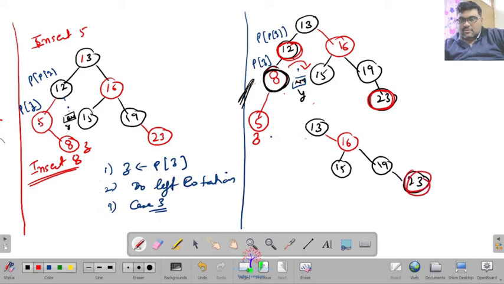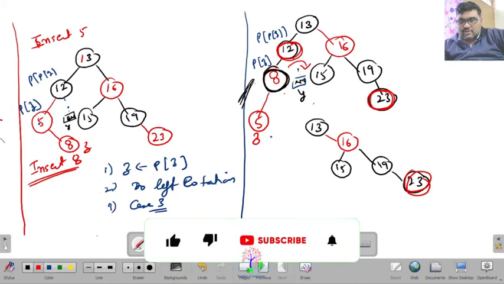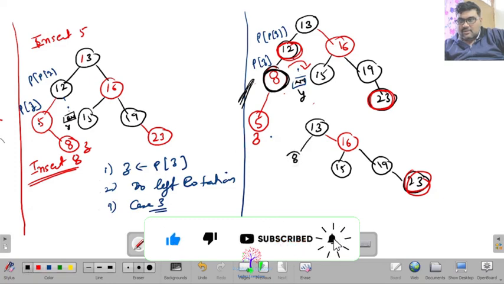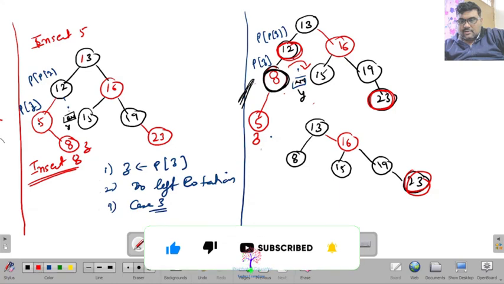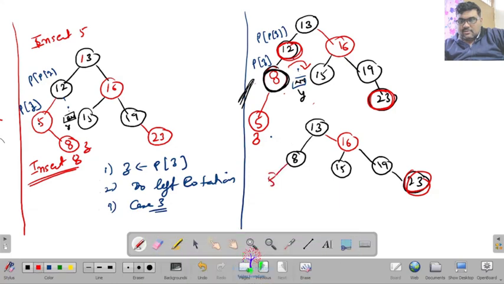Okay, now this is the same, now take the right rotation. When you go for the right rotation, 8 comes at this place, and 5 will be at this place, and 12 at this place. So this is the case.